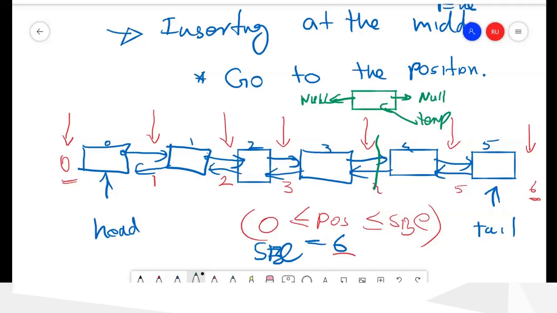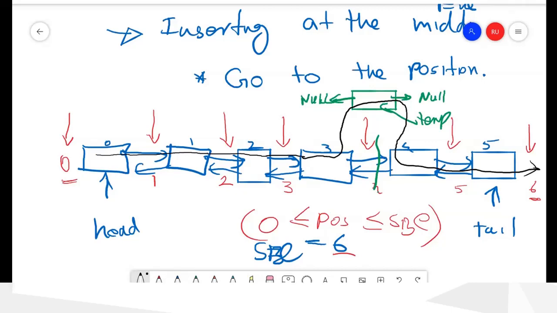What should happen after inserting? It should go this way. After this one, this way. After this one, this should go to this node and then go like that. So this is how it should look after inserting the node.